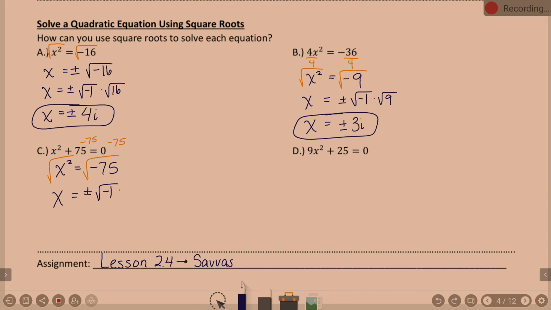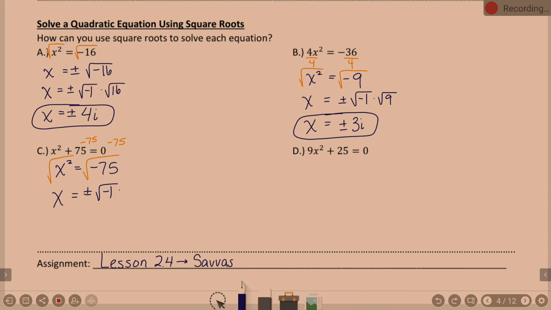Now, 75 doesn't have a perfect square. It is not a perfect square, which means maybe it's a situation where you just leave it as the square root of 75. However,